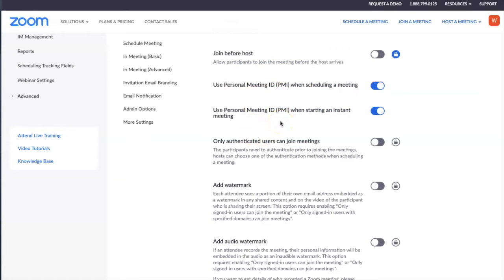That one does not have bearing on any of the issues, the horror stories that you've seen online. Only authenticated users can join meetings. We have that turned off for good reason, because our students do not have accounts, and we don't want them to have accounts. We want them to be able to join via the browser without having to have an account created with Zoom. The main reason for them not having an account is we're trying to limit the ways they could possibly create their own rooms and be unsupervised with other students inside those rooms, thus creating a Pandora's box that we do not want to open.